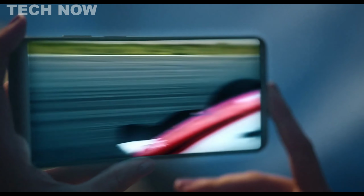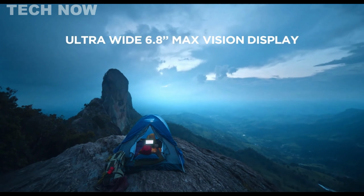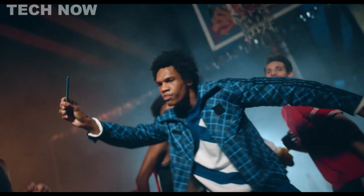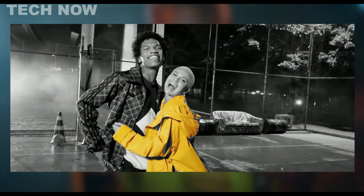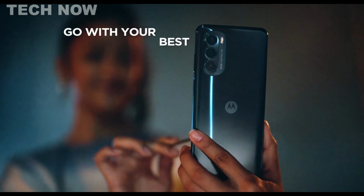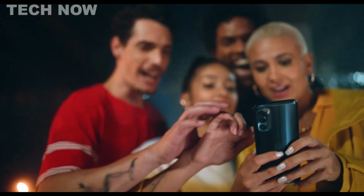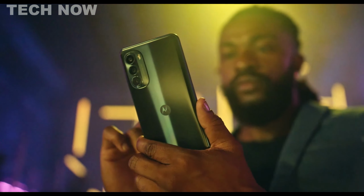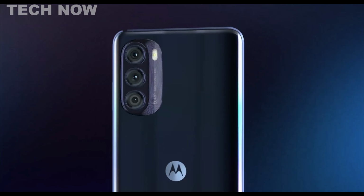A unique highlight is the inclusion of a stylus, making the Moto G Stylus an excellent choice for artists and professionals. The stylus offers a soft touch and glides effortlessly on the glass screen, facilitating digital art creation and quick note-taking. The phone is equipped with 6 GB of RAM and 256 GB of storage, ensuring swift performance, speedy app loading, fluid OS navigation, and decent gaming capabilities, although some variants come with 4 GB of RAM and 128 GB